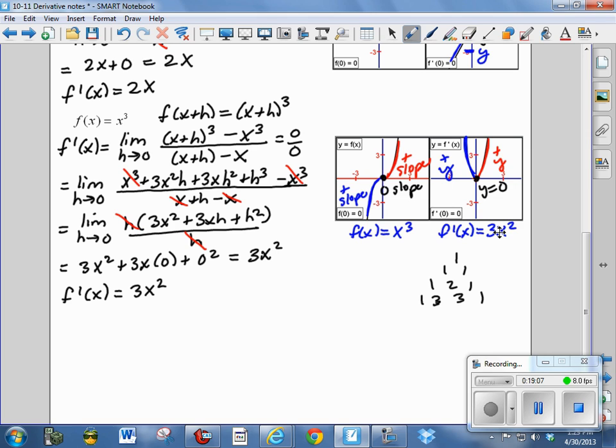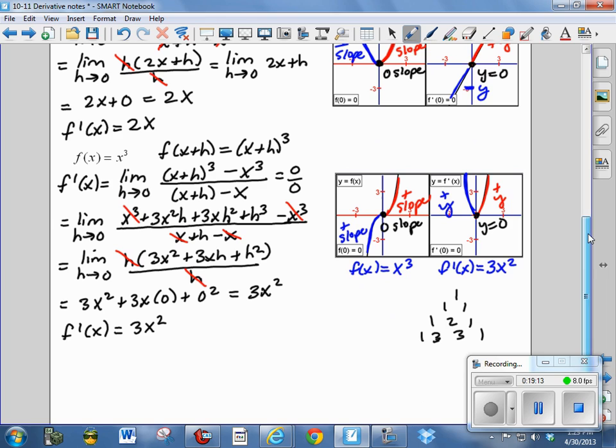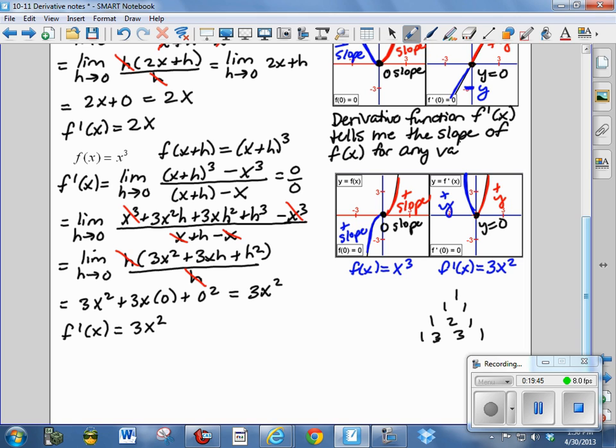And let me just write down what exactly does a derivative function tell me. So in between here you can fit this in hopefully. The derivative function f prime of x tells me the slope of f of x for any value of x. So I want to know what is the slope when x is equal to 3. If x is equal to 3,